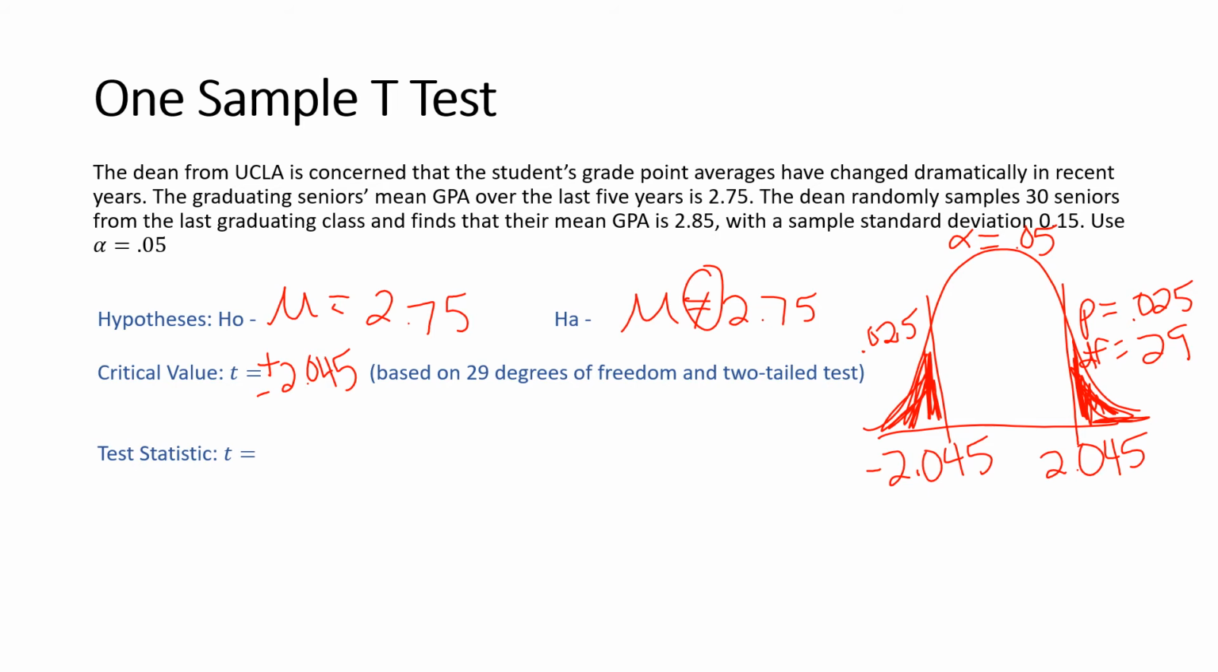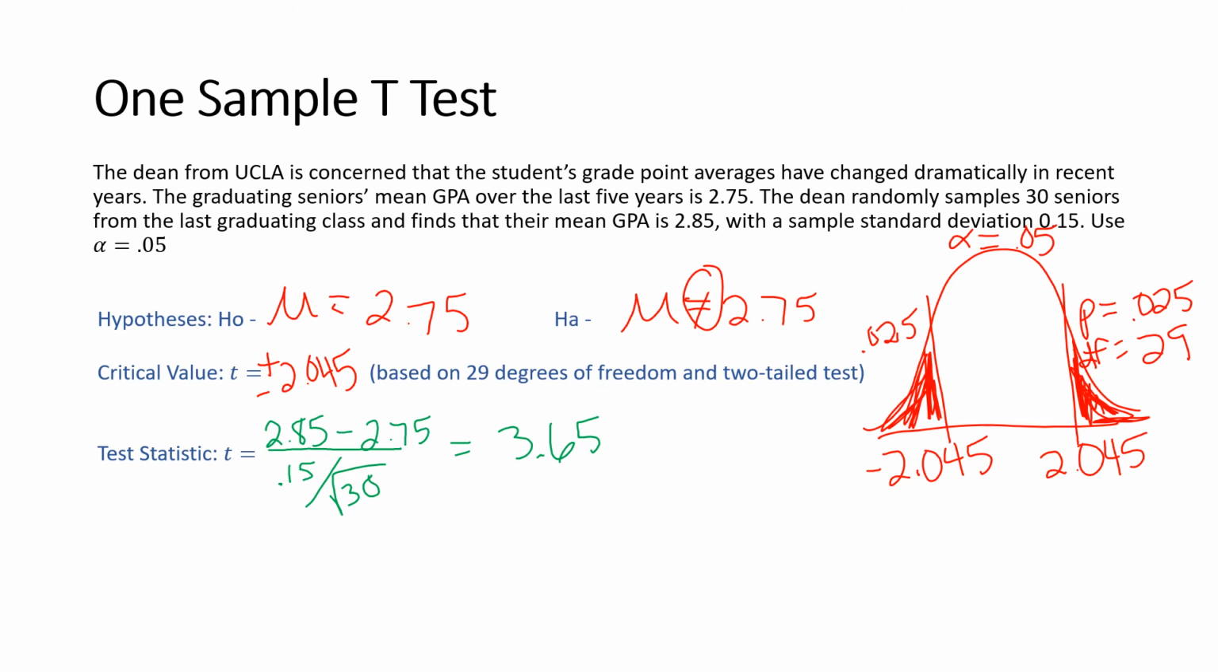All right, so test statistic here. Just like a z-score, you're going to take what you observe in your sample, 2.85 for our mean, minus what you expected, which was 2.75, because we're assuming there's no difference, divided by our standard error, which would be our standard deviation, 0.15, over the square root of 30, since there were 30 people in our sample. All right, this gives me a test statistic here of 3.65, so that's going to be way up there on